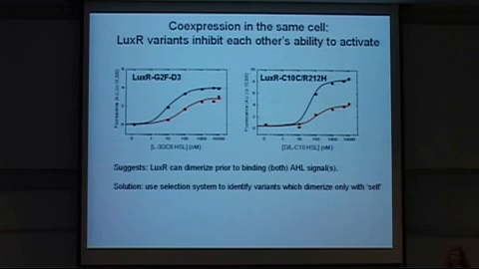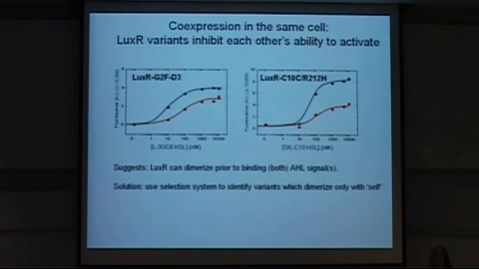However, one thing we did find was that if we expressed both variants in the same cell, they maintain their specificity. They activate as they did before in response to their respective signaling molecule at their respective DNA sequence. But just having the other variant expressed in the same cell reduces the activity, which is a little bit of a surprise because we were under the impression from all the biochemical work that they don't dimerize until they bind AHL. But it appears that they can form dimers prior to binding AHL, and that when they do, they form inactive